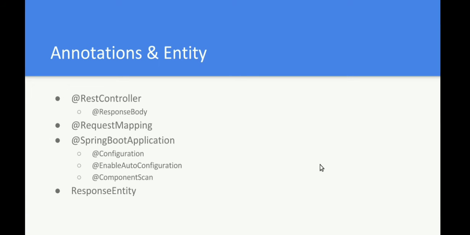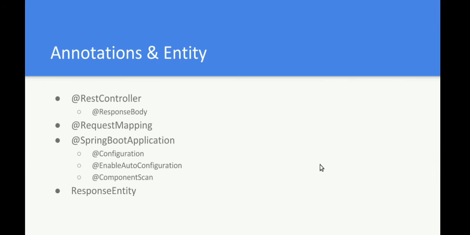Next thing is the @SpringBootApplication annotation. This annotation inherits these three annotations: @Configuration, @EnableAutoConfiguration, @ComponentScan. The @Configuration annotation is used to give a Java configuration. Let's suppose you have a class annotated with @Configuration, and that class has some methods annotated with @Bean, which return beans. Then you are telling Spring that this particular class is used to configure beans in the application context.